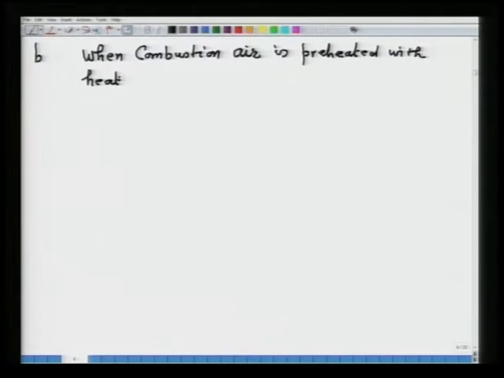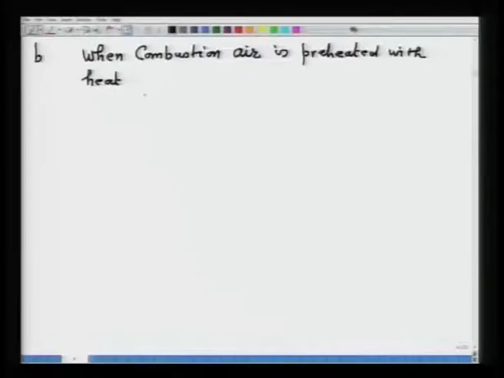There is no point if you preheat the air by combusting an extra amount of fuel, then you have not done a very intelligent job. The intelligent job you have done is that you are preheating the air by recovering the heat which is going with the POC. That is the important thing, my dear friends. So, it is preheated with heat recovered